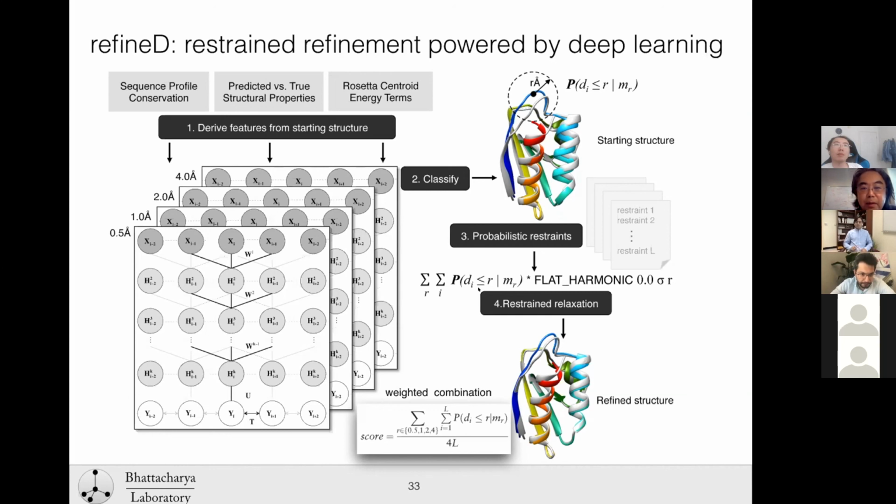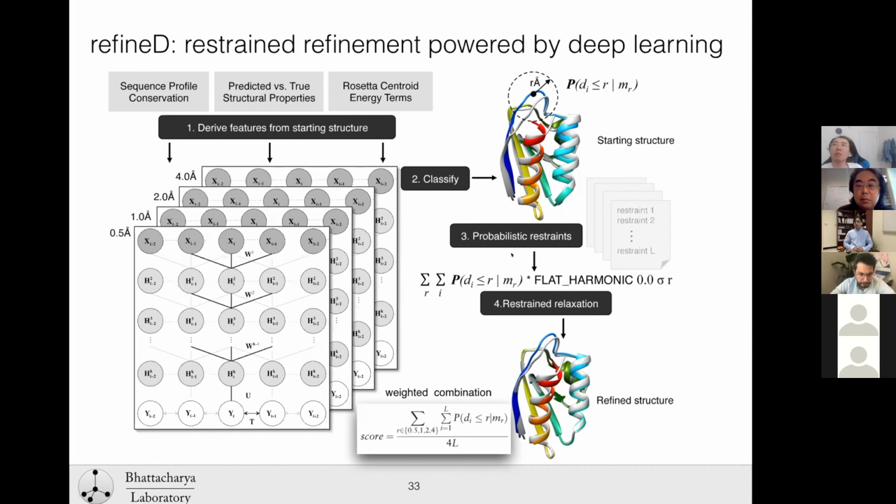Yeah, that's a good observation, Daisuke. So we actually did the refined D work first. We started with the deep CNF method to predict the performance and build the classifiers, and then we went on and did the QDeep work. It turns out the QDeep classifiers are more accurate than this work, probably due to the use of ResNet architectures, and maybe more engineering, hyperparameter optimizations and things like that.